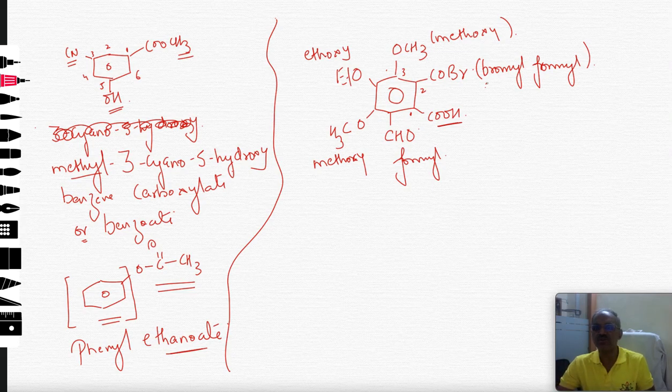It happens to be the alphabetical order. So we are going like that, right? So it will be 2-bromoformyl, 4-ethoxy,